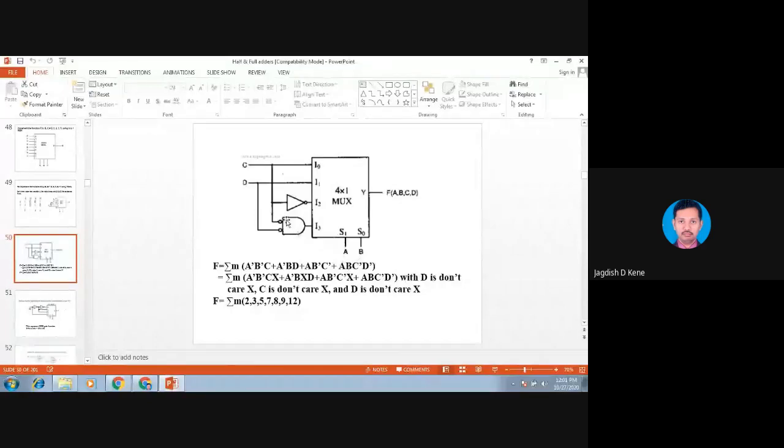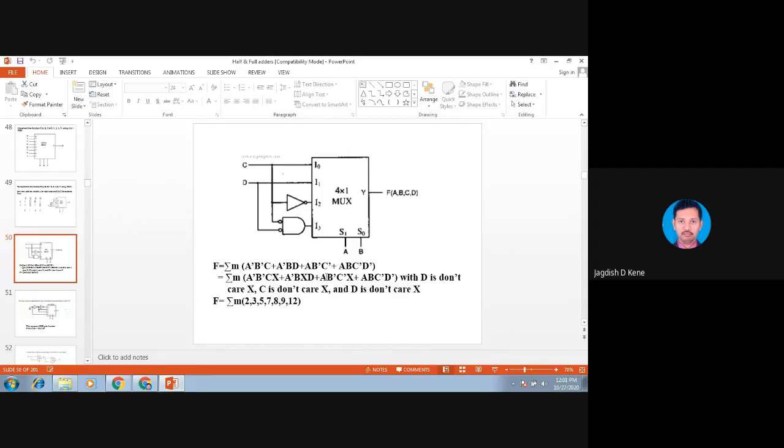A, B, C, D is directly connected here. A, B, C, D means AB is 1, 1 and CD is 0, 0. So C is a bubble input and D is also an inverted input, combined together with an AND, and it will be I3. When we solve it further, it is defined as 0, 0, 0, 0, then 0, 0, 1, 0 which is 2, 0, 0, 1, 1 which is 3, 0, 1, 0, 1 which is 5, and 0, 1, 1, 1 which is 7.